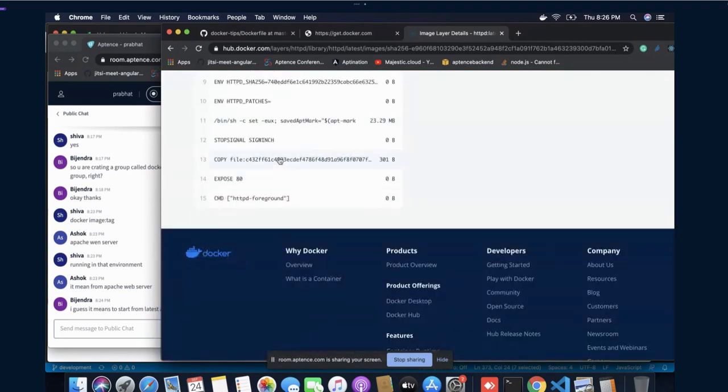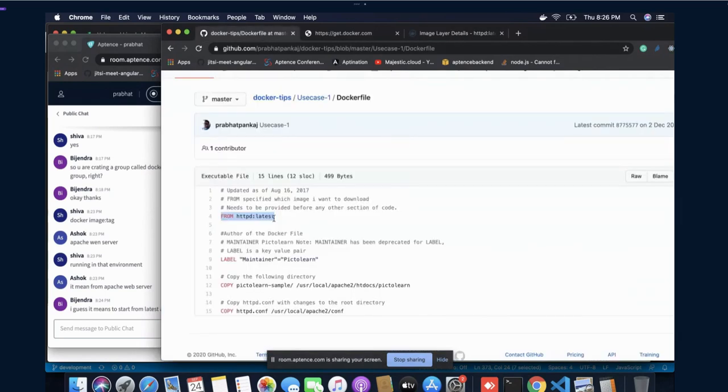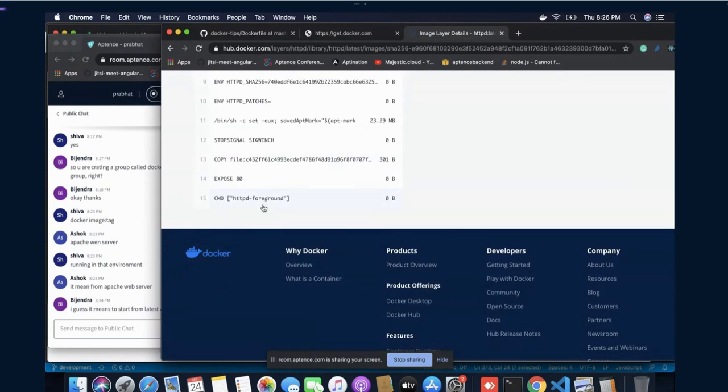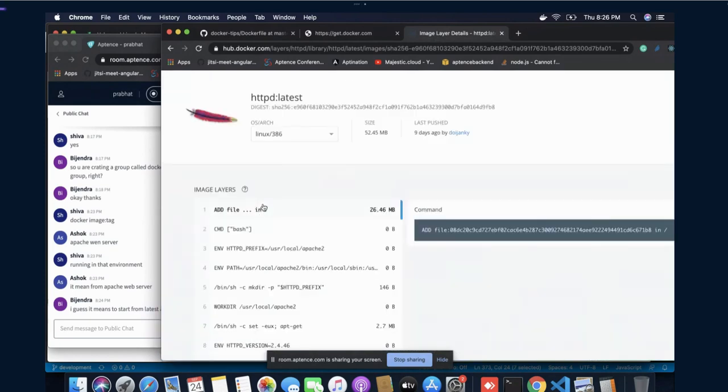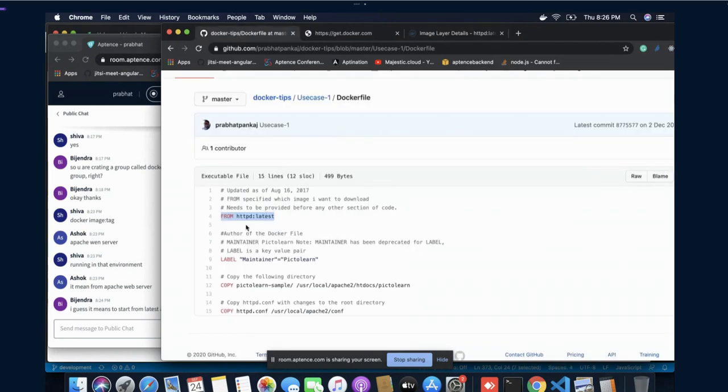Technically, if you write just one line, you do not have to write all these 50 lines again. Is it clear? Whatever steps you are performing here, the same thing you can do by providing a single line.